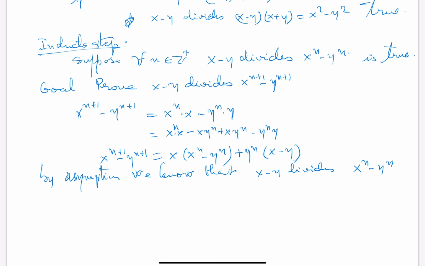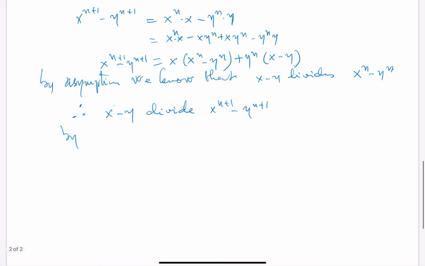So now, therefore, we can say x minus y divides x to the n plus 1 minus y to the n plus 1 by mathematical